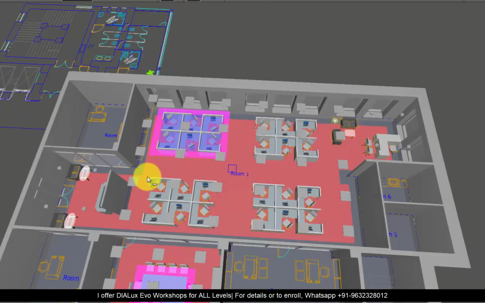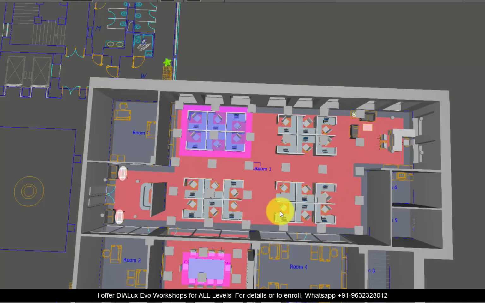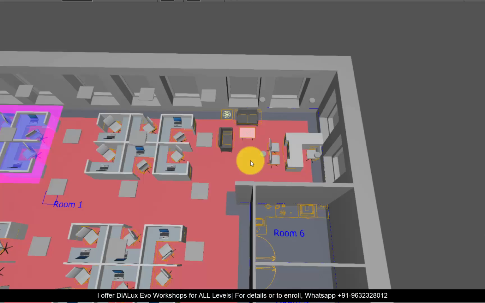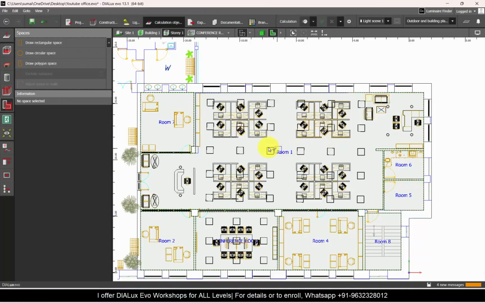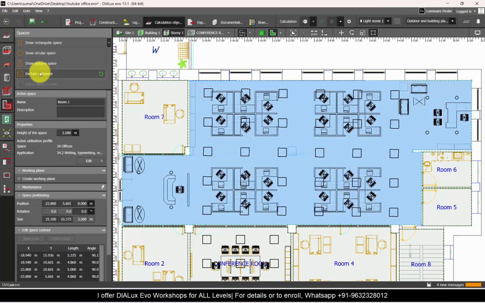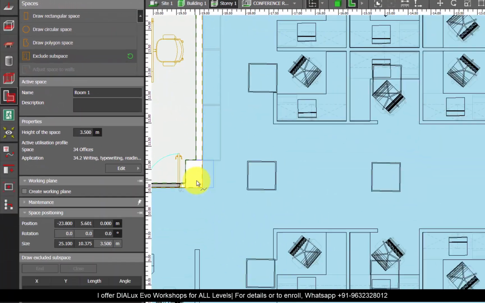If you do it this way, your lux calculations will be wrong, because in this one space we have multiple spaces. We even have the reception and the waiting rooms. Before you draw individual spaces for your workstation, reception area, corridor and waiting room, you have to select the space, because it's already existing. You have to click on exclude the subspace, and then draw